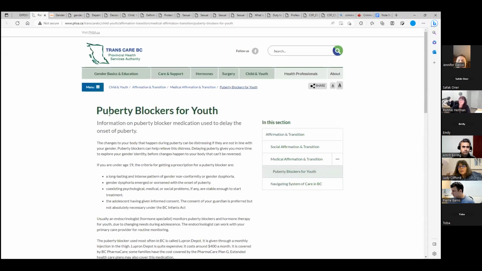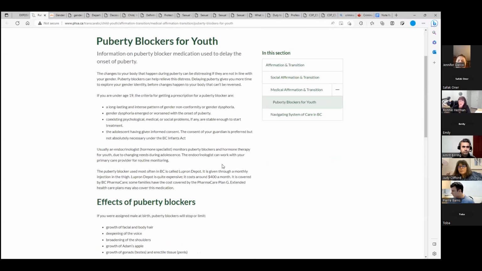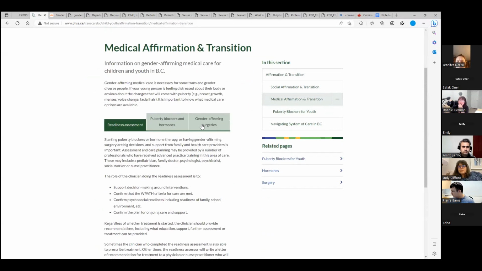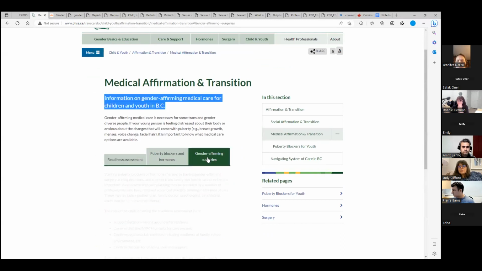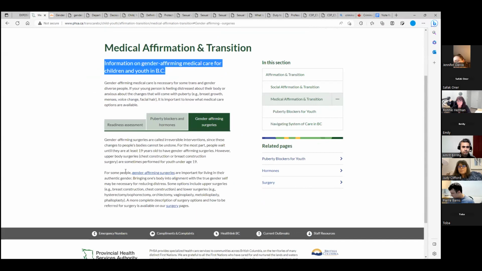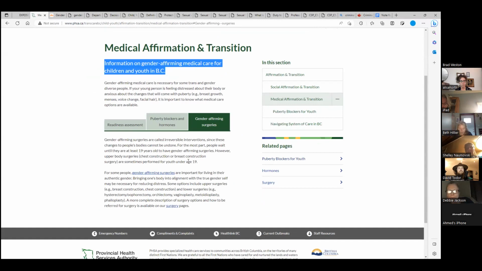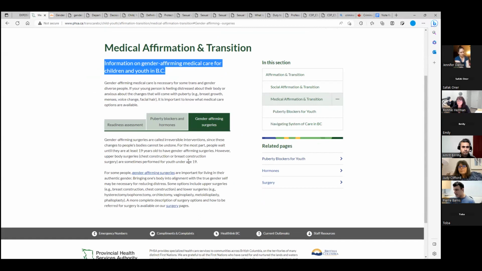So this is BC Trans. The same principle. This is for social affirming, gender affirming surgery. And this is children's puberty blockers, and right here you got gender affirming surgery, sometimes performed for youth under the age of 18 years, 19 years old. So I don't think in Canada they change the penis for vagina, but I think they have the right to cut the breasts of little girls. They do this, and this is in every province.